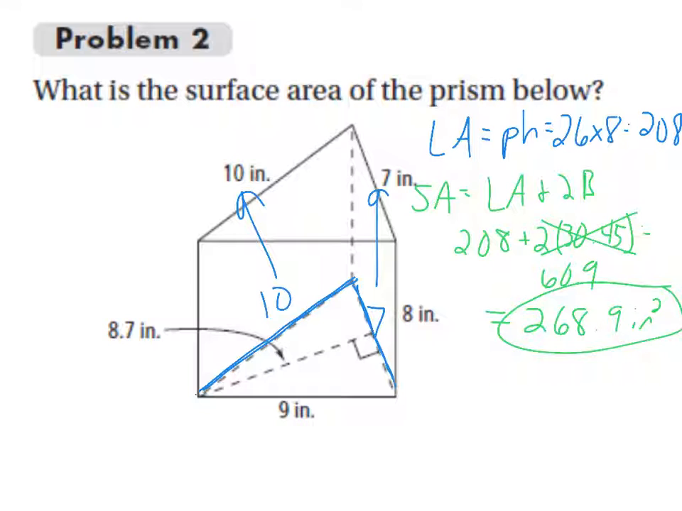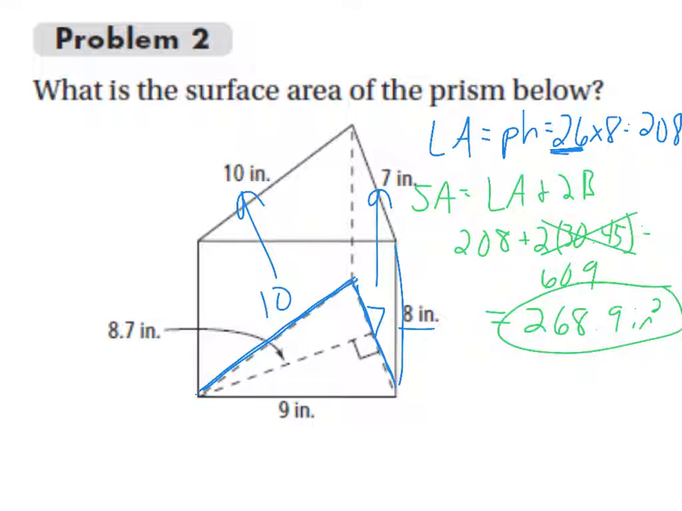I add these three together to get 26. And then I multiply it by my height of 8 to give me a lateral area of 208 square inches. Then to get my surface area, I take my lateral area of 208 plus 2 times the area of the